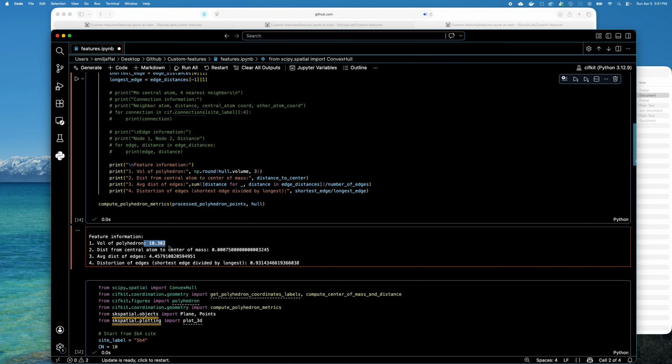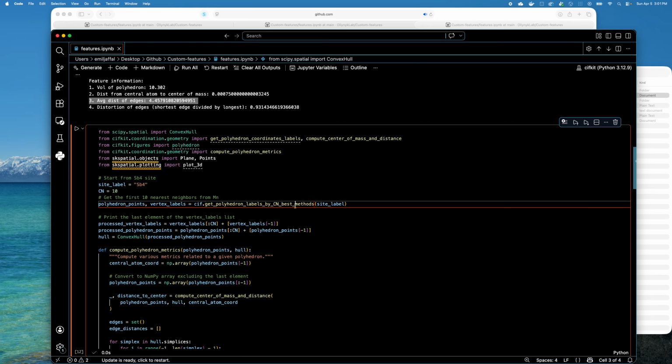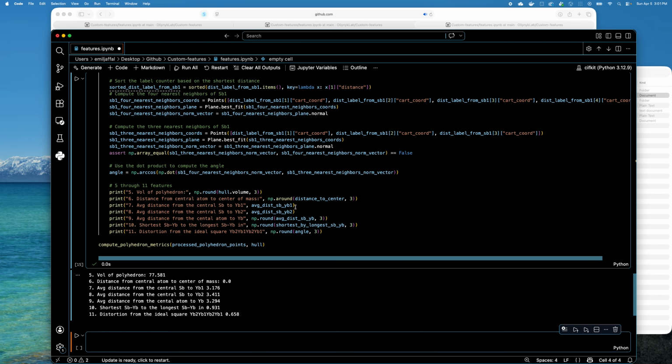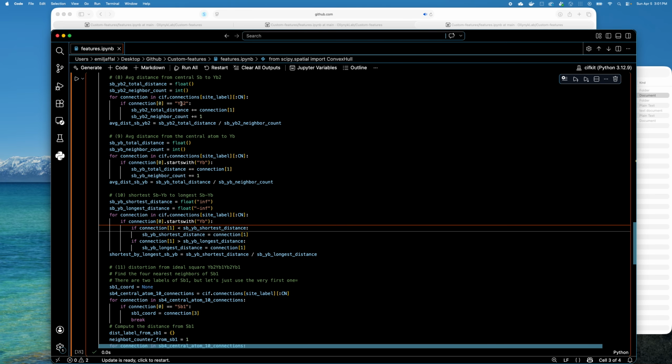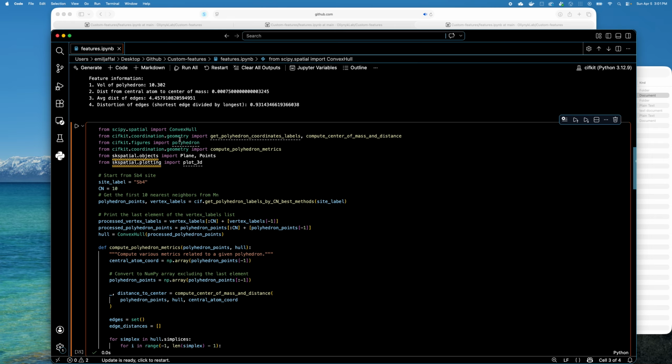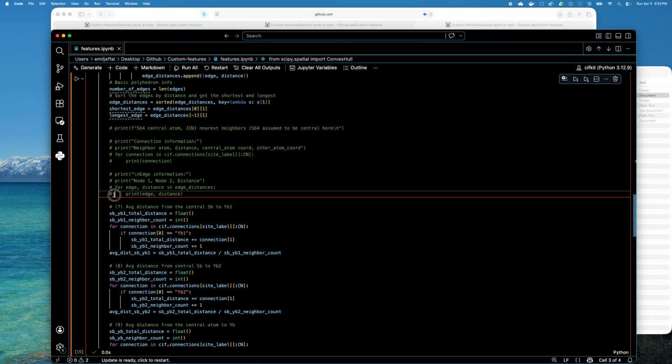So it gives you volume, distance, edges. And the nice thing about these notebooks is you could just run them in a little code editor like this, nothing fancy, and you just run it using Shift and Enter for each of the sites. So again, start from the Antimony 4 site, the first 10 nearest neighbors, and all the functions are defined already. You could also uncomment this out,